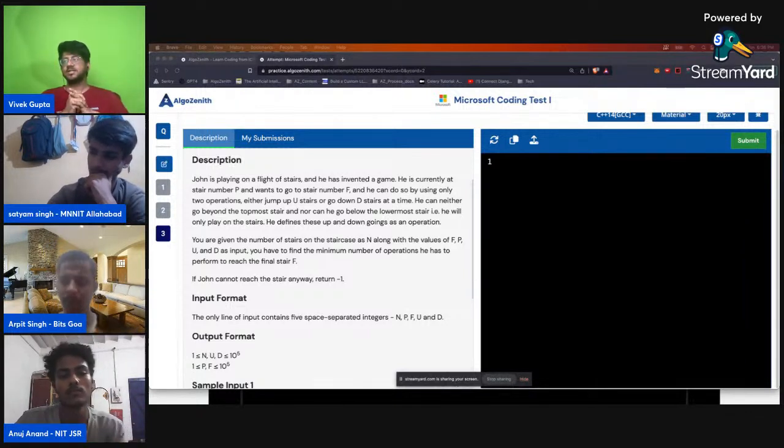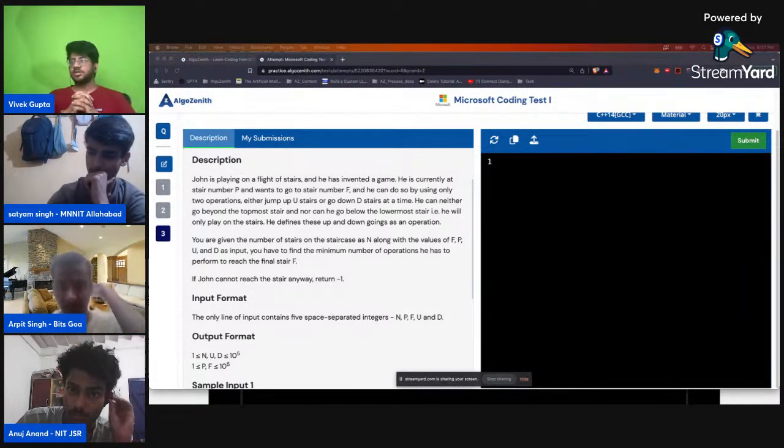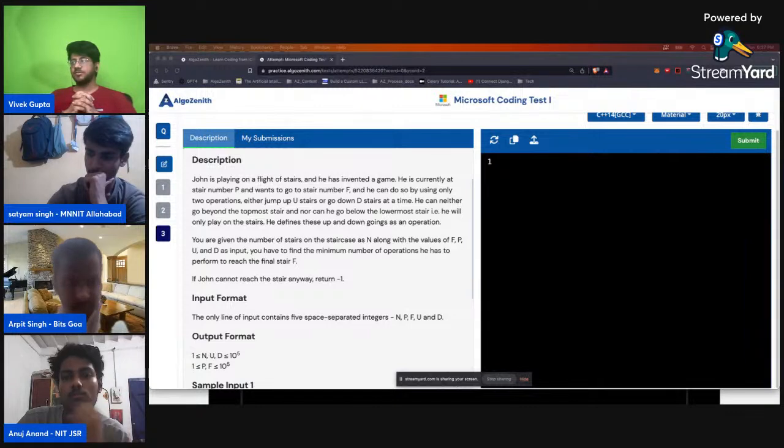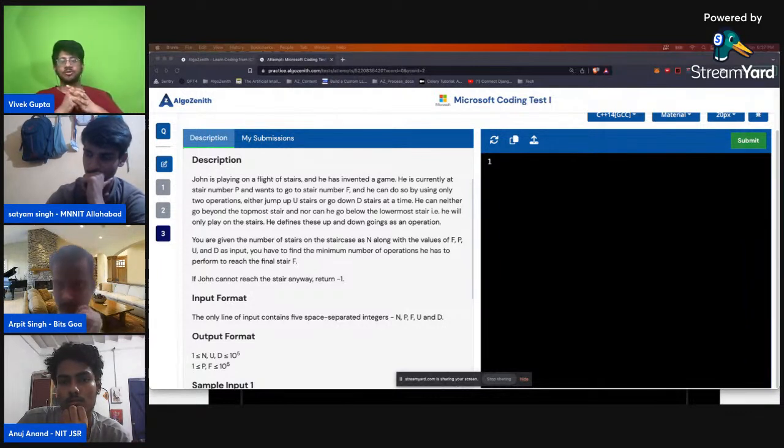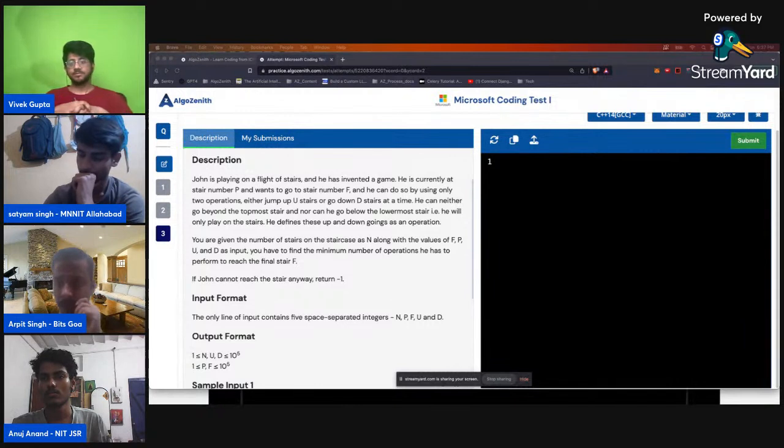He defines these up and down going as operations. You are given the number of stairs on the staircase as n along with values f, p, u and d as inputs. You have to find the minimum number of operations he needs to perform to reach the final state f. Okay. If John cannot reach the stairs anyways, return -1.